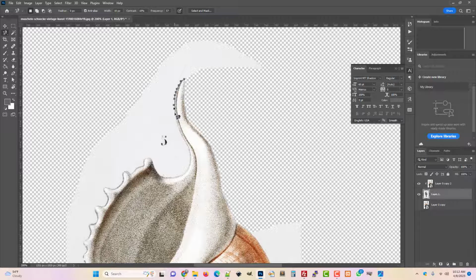So here we go. I mean, this is the struggle. And if we wanted to get that hard line there, it'd be a lot easier to actually zip along this line. And that's just a choice you make. That's you as the artist deciding, do I want to just zip down this line? And is that fine? Or do I want to be on this outer edge? Where do I want to be